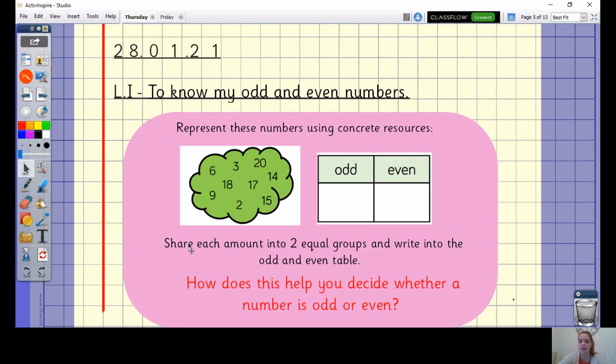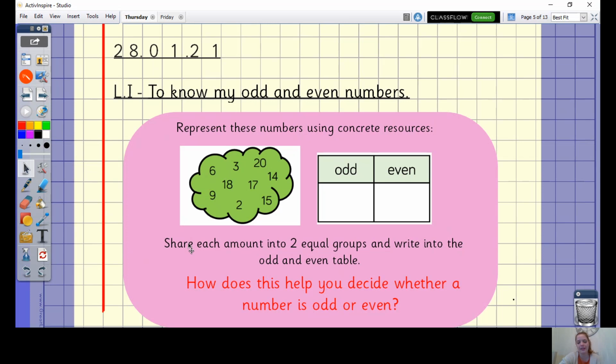Now, if your groups are equal, then you're going to know that your number is even. If your groups are not equal, well, then you know that the number is odd. Okay, so how does this help you decide whether a number is odd or even? So have a good think about that as you collect all of those amounts and then share them into two